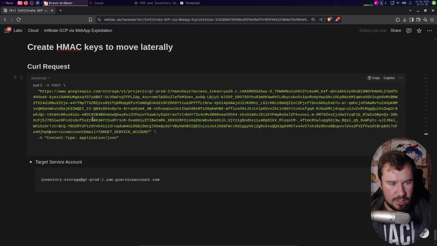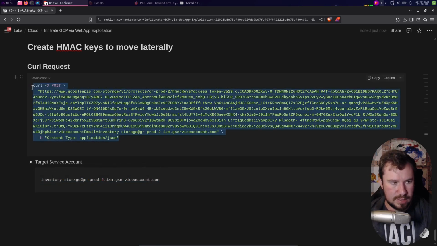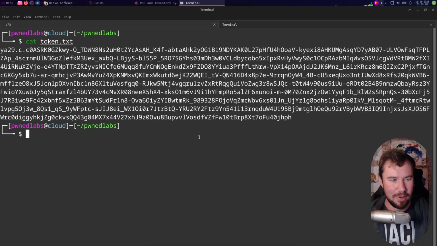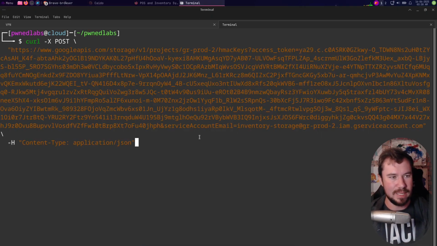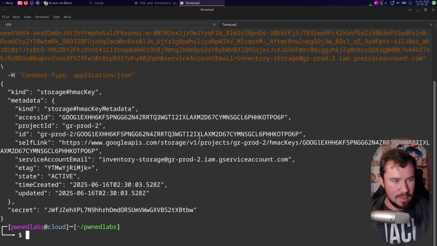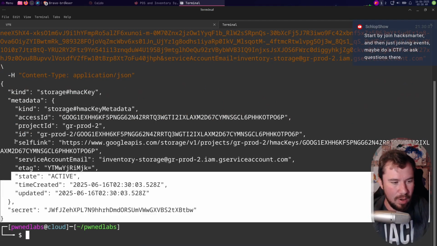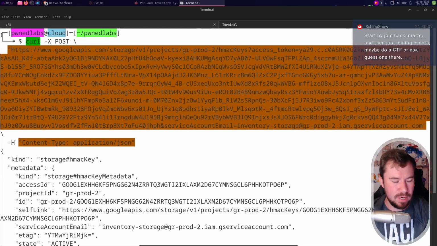And then we need to give it our service account email, our target service account. So I'm going to grab that. And we'll see what I did wrong. We'll grab this full command and paste it in. And it doesn't look like I did anything wrong. It actually worked. Let's grab all this information so we can add it to our notes so we know exactly